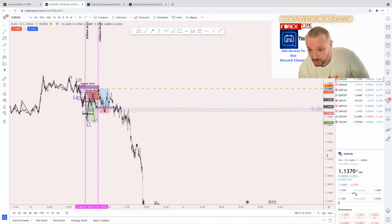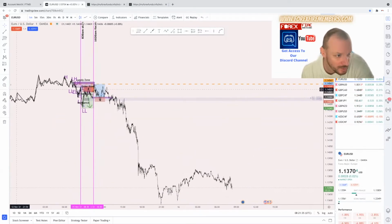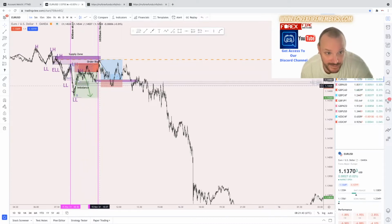Bit of a shock when I woke up this morning. I seen how much this dropped last night. In fact, we'll talk about this now, first of all, okay? So we were anticipating all this move yesterday between the goalposts. We got the entry, and at the last minute, obviously, we spiked through the SL, and it entered exactly where I thought it was going to enter, if it was going to stop us out on the SL, on the order block, on this,